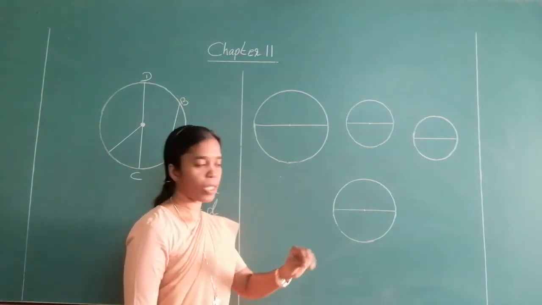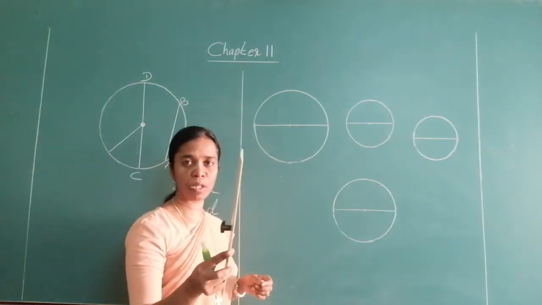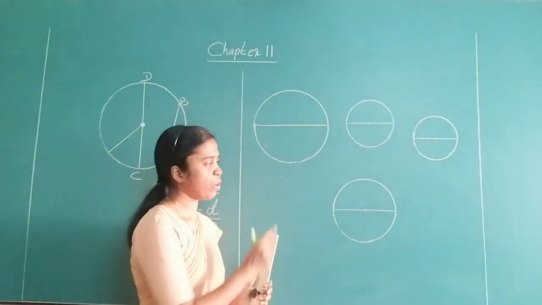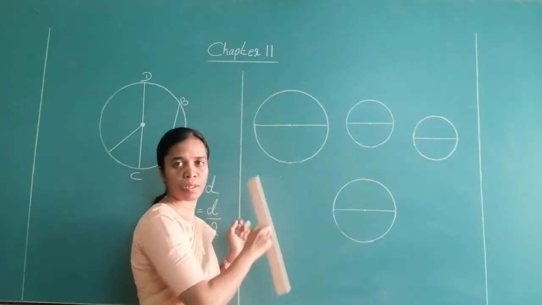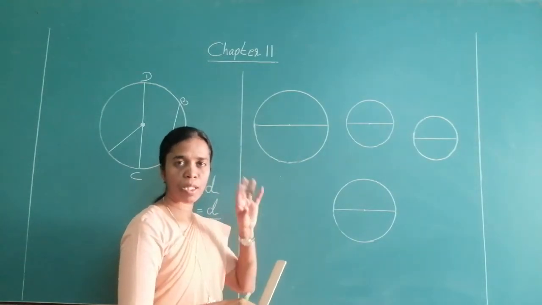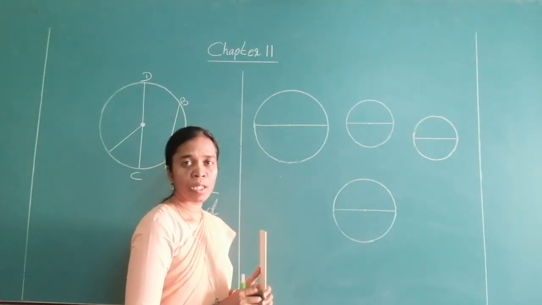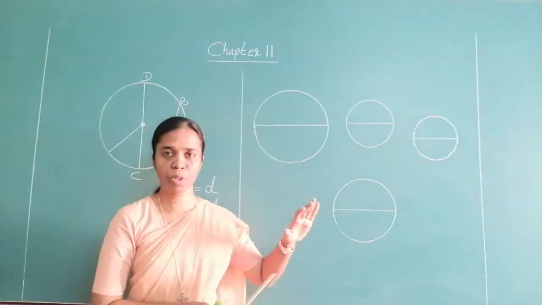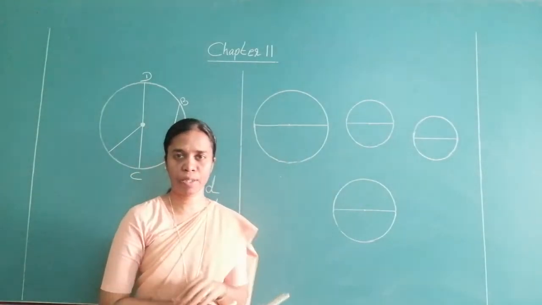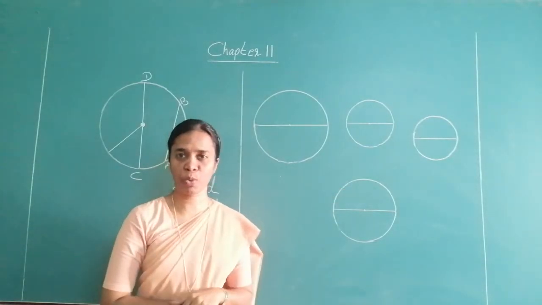How do you measure this boundary length? Can you use a ruler? You cannot use a ruler. If it was a triangle or a square, you can measure with the ruler and you can add up and you can say that is the boundary. But here what can you do? I want all of you to draw in your notebook 4 circles like this. And draw the diameters of it also.